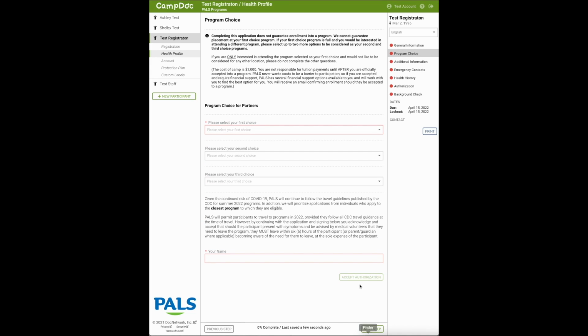This next step is program choice. Again, here's another information box. This conveys really important information. Let's make sure we read it. This particular box tells you that by completing an application, you're not guaranteed enrollment, and we can't guarantee enrollment in your first choice program. It also lets you know that you're welcome to select up to 3 choices in order